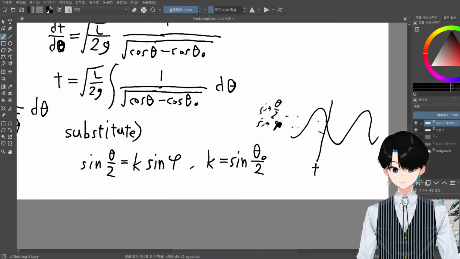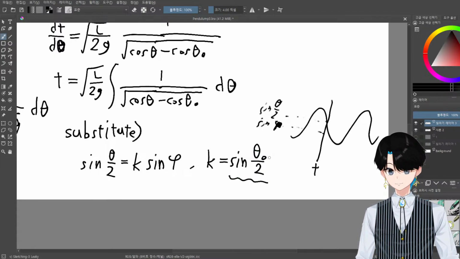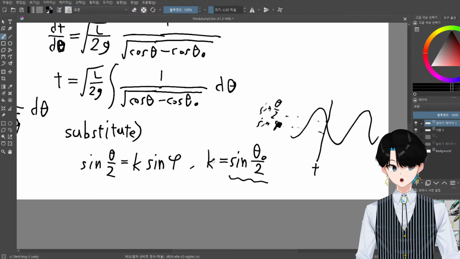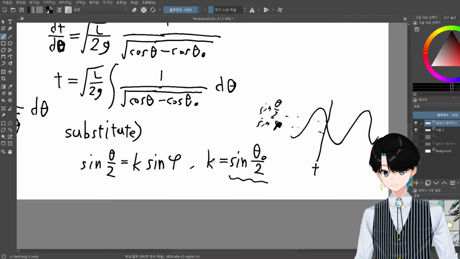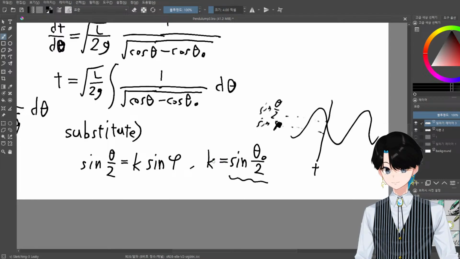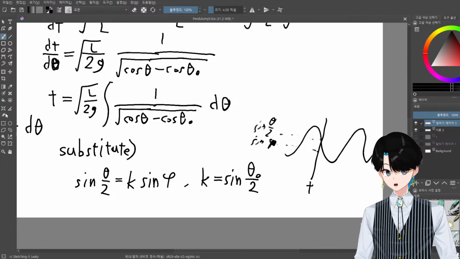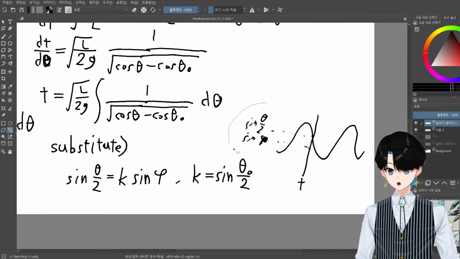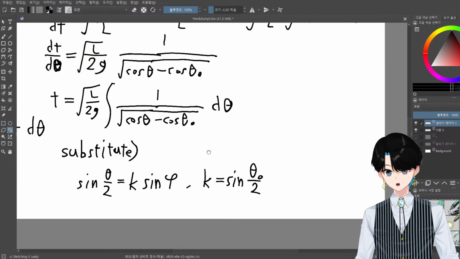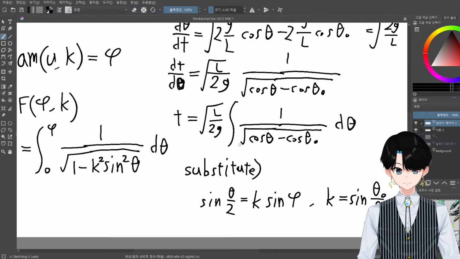And as you can see, those two are not the same. But in order to make it the same, we can multiply by sine theta 0 over 2. So that's basically it. I think I don't have to explain this further. We're moving on, and using this, we can substitute this whole giant section right here into the Jacobi elliptic function form, the integral,